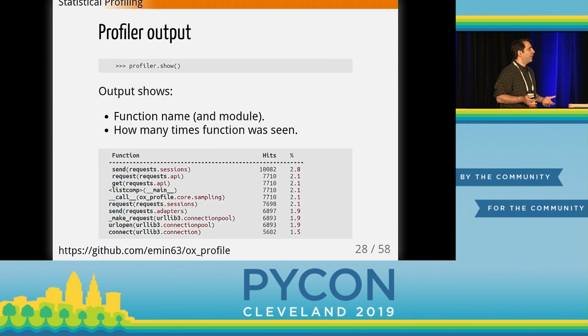Okay, so what does the output look like? So we call profiler.show, and we get this list. It shows the function name in the module, and the number of hits, and the percentage of the overall hits. So you notice that this statistical profile is a little bit different from the deterministic profiles that you see. That is, we don't have the time each function takes. Instead, we have a number of hits, how often we saw that. That is, how often when we woke up was the program running a given function. And through that, you can get an estimate not of how long each function takes, but of how much time of your